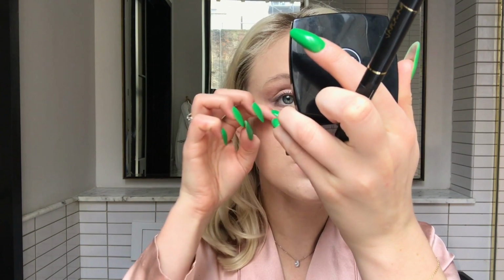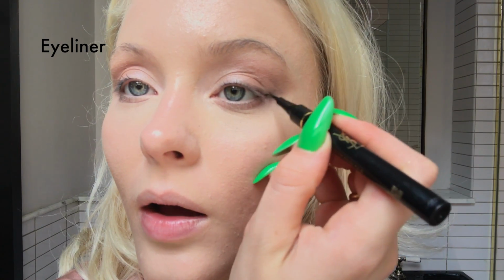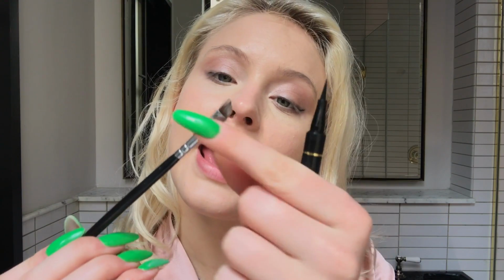Okay, we move on to the liner. Dun dun dun! The liner is like a dog. A mean dog, because you can't show it that you're scared if you want to be the boss of it. You gotta go in with confidence and be like, listen, I'm in control, I will do this right, and you shall follow. I like to start in the corner, and then I'm gonna take this angled little flat